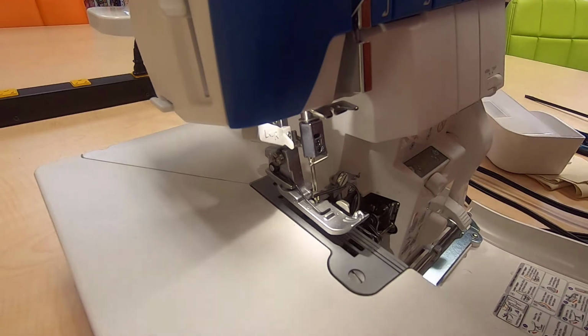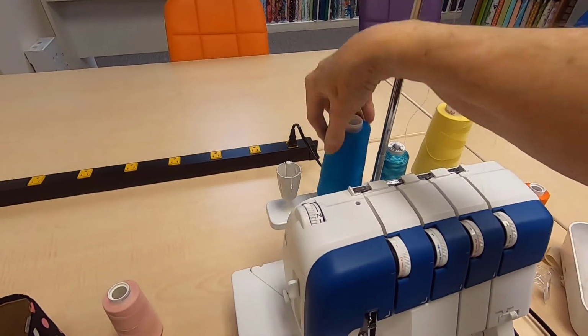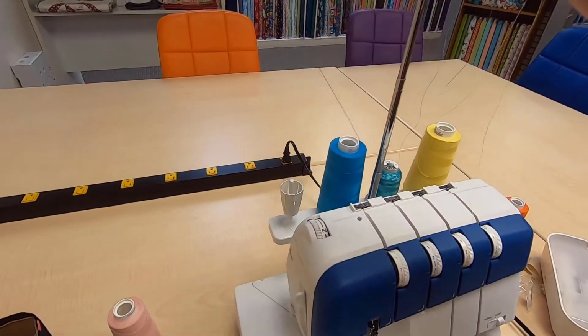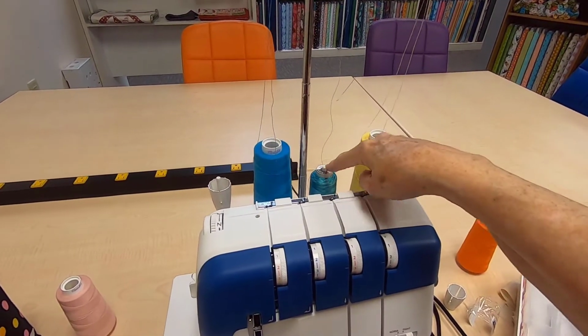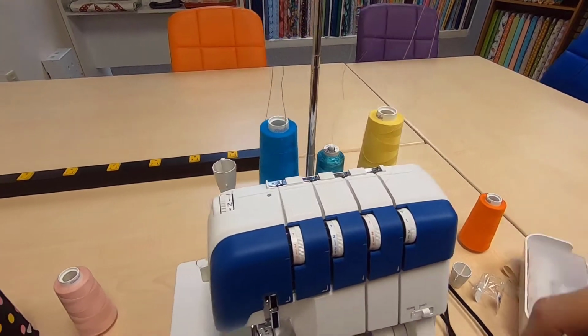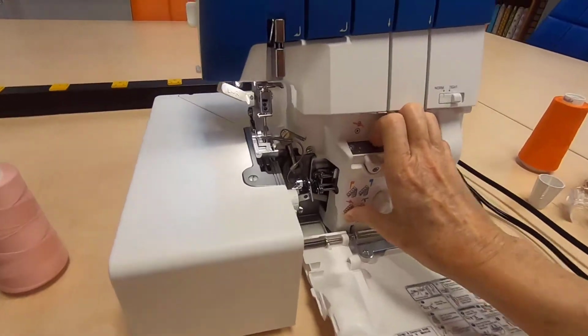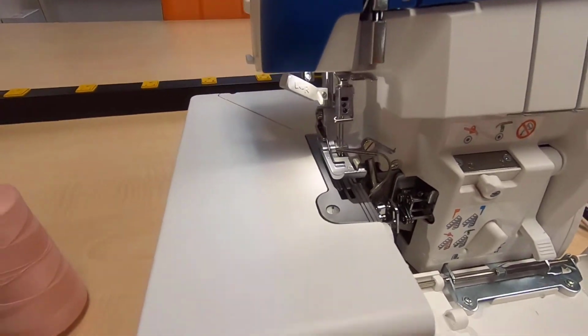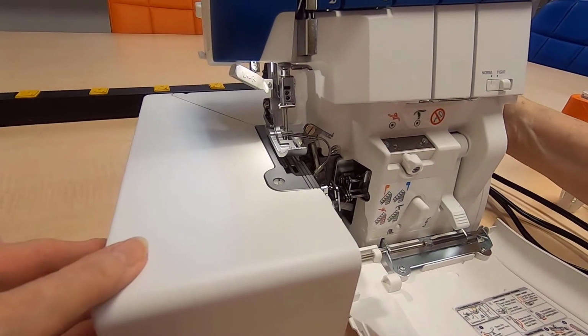All right, so let me put my thread up here, and I will back this up so you can see. I've got my 3 cones. This would be my right needle, upper looper, lower looper. Okay, so now I'll show you. Let me move the serger back so you can see. Okay, all right, so we're turned on